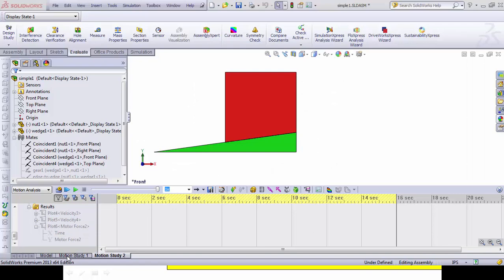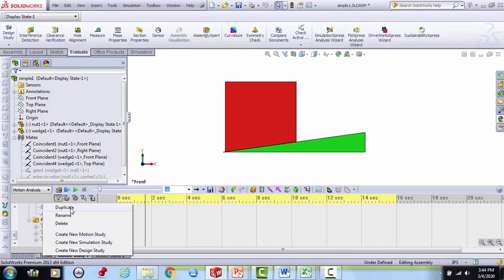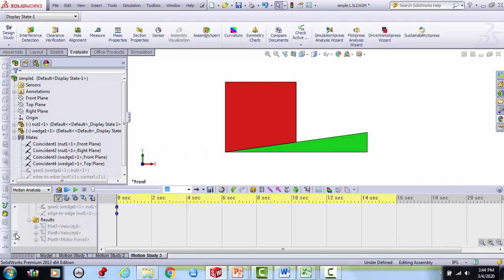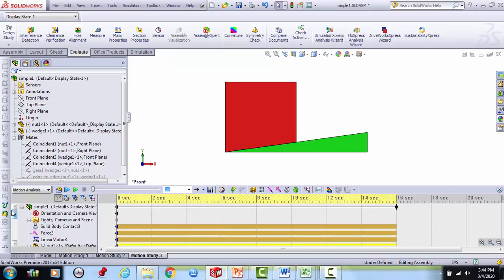So I thought I might show you a couple more things. I could take this motion study 1 and duplicate it, and that's the one with the friction in it. And I wanted to show you this diamond thing. I could take and extend this motion study, say 2 more